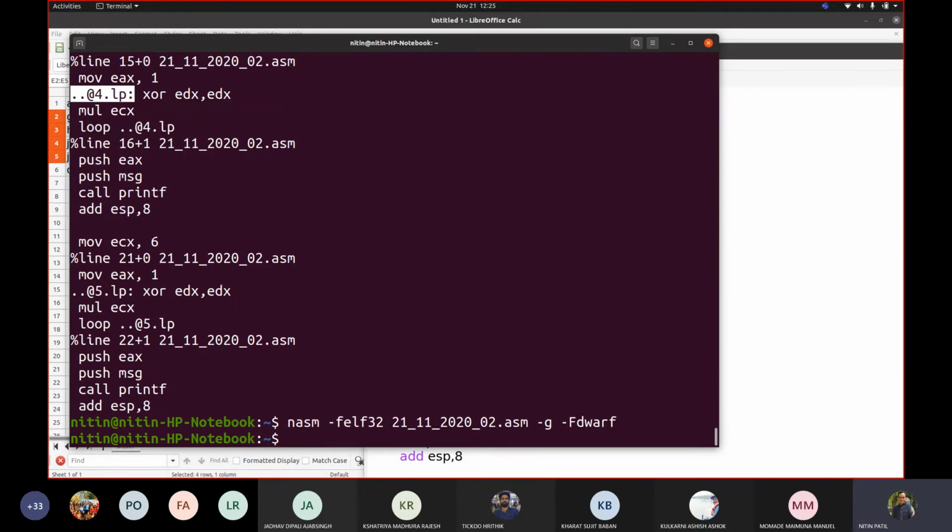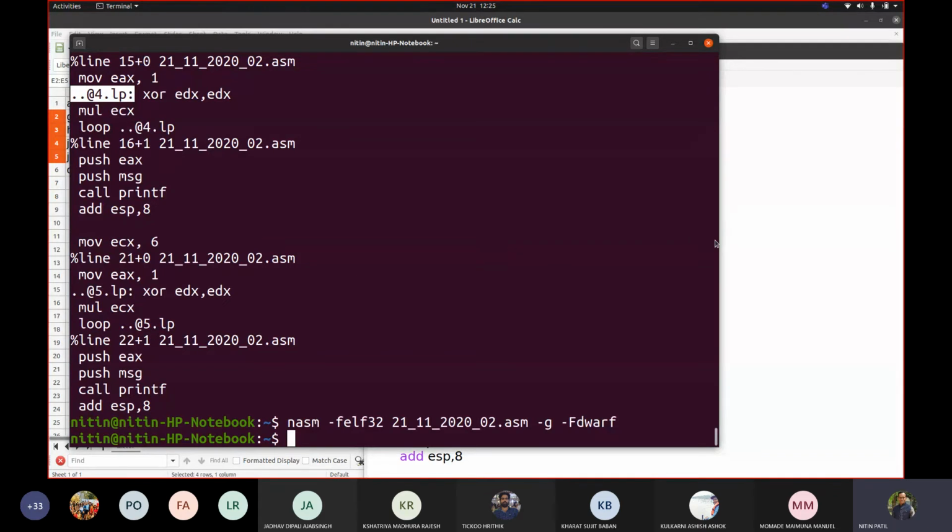So what happened was, when a macro contains a label, listen carefully to what I said. When a macro contains a label and the macro is called more than once, then the label definition should change. NASM provides a facility to replace macro label names whenever it is called more than once.